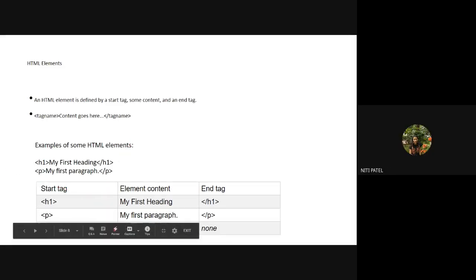Okay, thank you. So what we have seen, we have seen H1 and P as tags. क्या देखा उसमें? H1 का start was H1. How was the closing of H1? Backslash written with H1. Opening of P tag was only P, but closing or end was backslash with P. Let us take an example of body. While opening it was only body, but while closing it was backslash with body. Okay? And whatever you write inside it is nothing but the content.